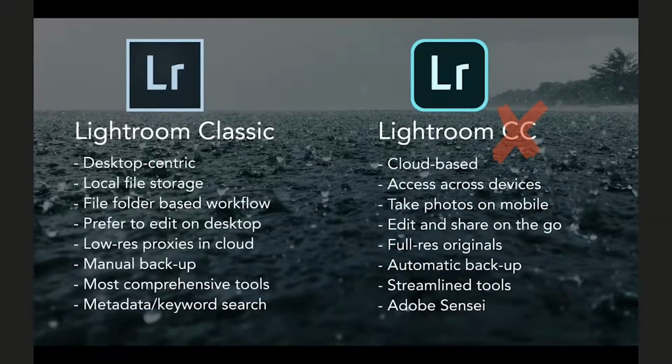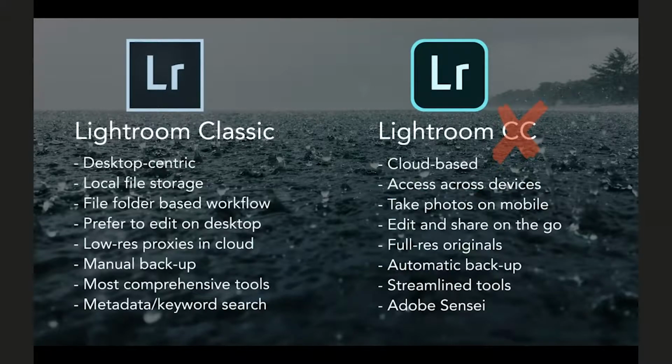But what it does have is Adobe Sensei technology. So the search capabilities work very differently than they would in Lightroom Classic. In Lightroom Classic, right now, you're basically searching your metadata on your image file, or you're searching for keywords that you yourself have given to the image. So as somebody like me who is honestly just too lazy about keywording everything, my search capabilities within Lightroom Classic are very limited. But if I wanted to search within the new cloud-based Lightroom, it's using Adobe Sensei, so